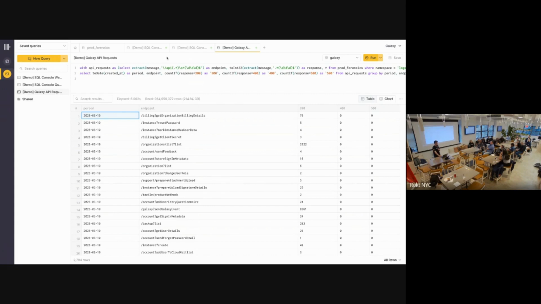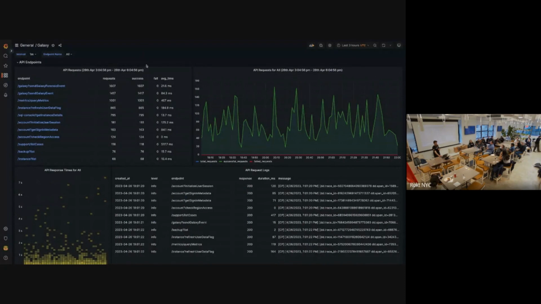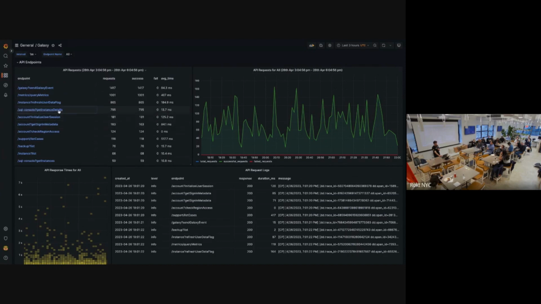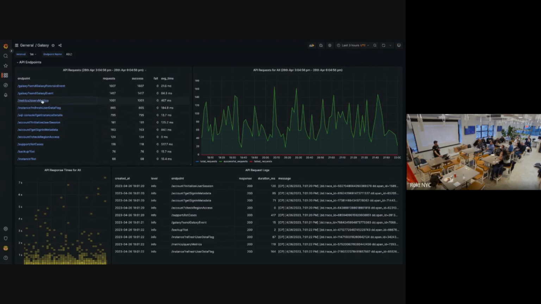Now, the cool thing is you can take this data from ClickHouse Cloud, for example, and pipe it into something like Grafana. So here's a basic dashboard I've set up today to demo how exactly this might look for an internal consumer who is trying to look at things like API requests and examine where things may have gone wrong. So here we've got a table with a summary of all API requests. But if we drill down into one, so for example, query metrics,